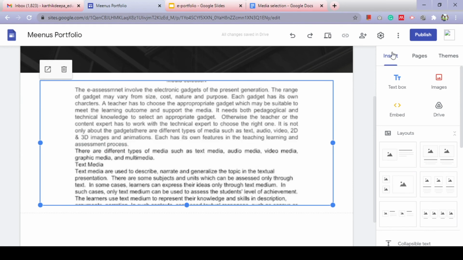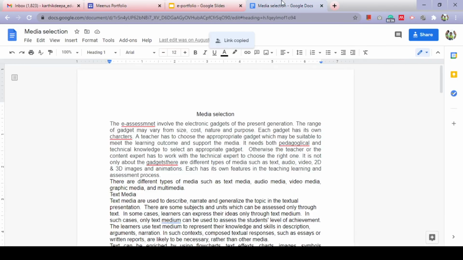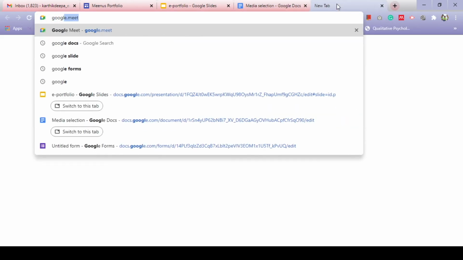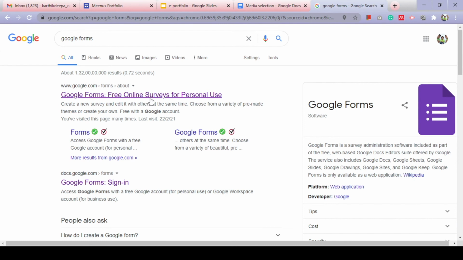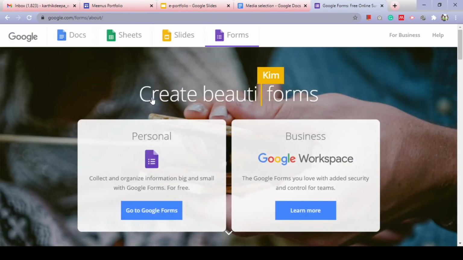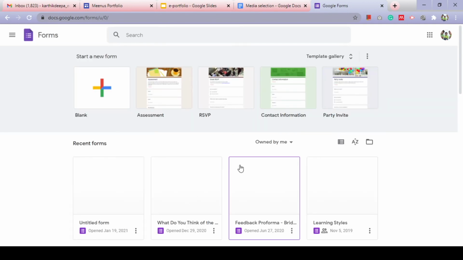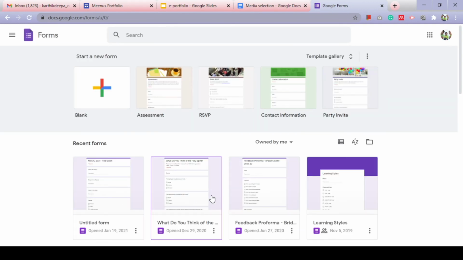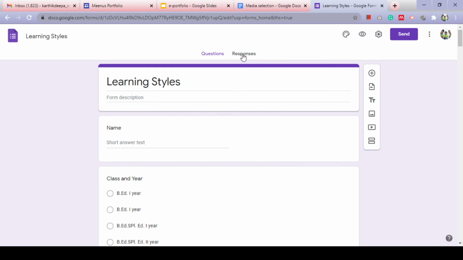Another best thing is you might have collected your data and you want to show that to your teacher. So you can even add that also. For example, go to Google Forms. You may have gone for a survey and collected the data through Google Forms, and the data may be in the form of Google Sheets, right? See, for example, learning styles, and my responses are here.